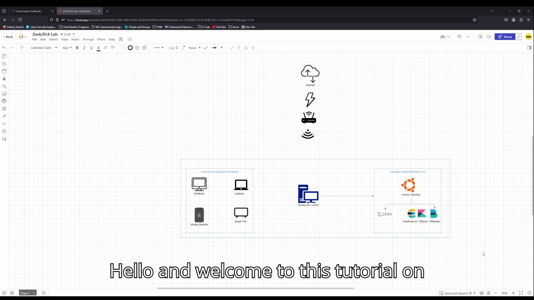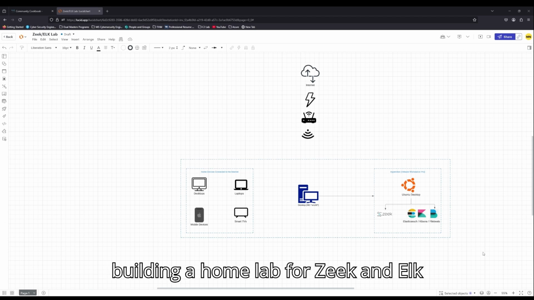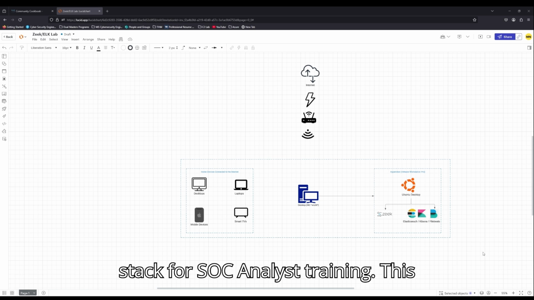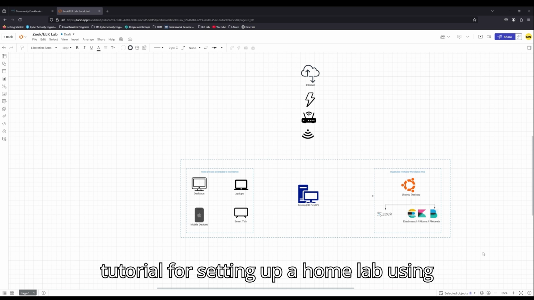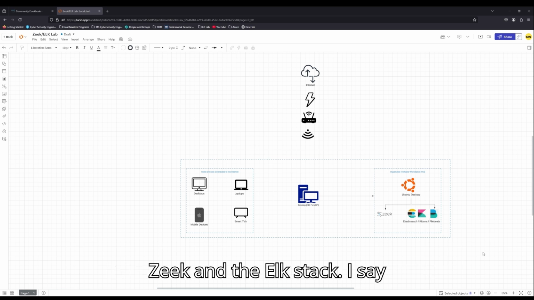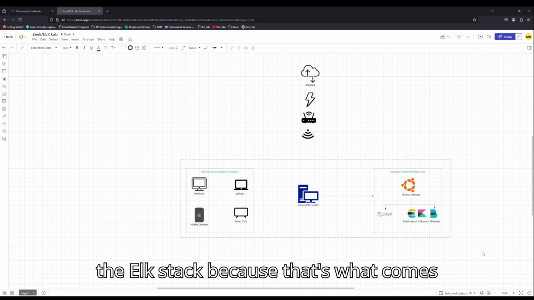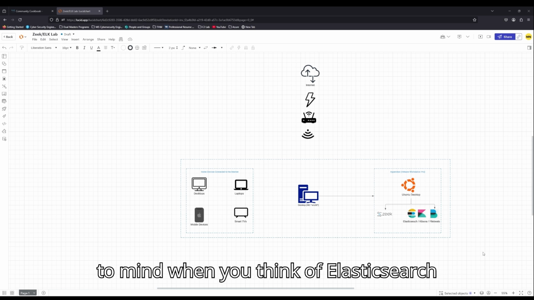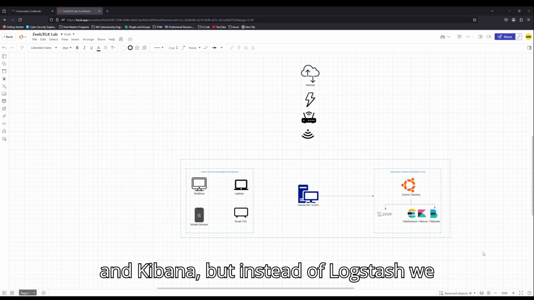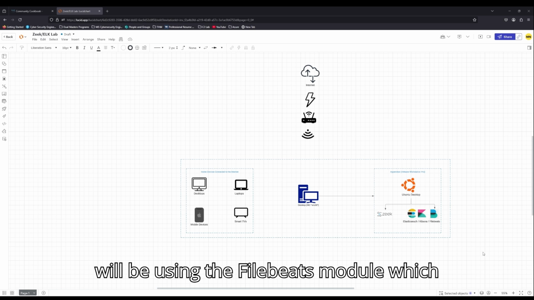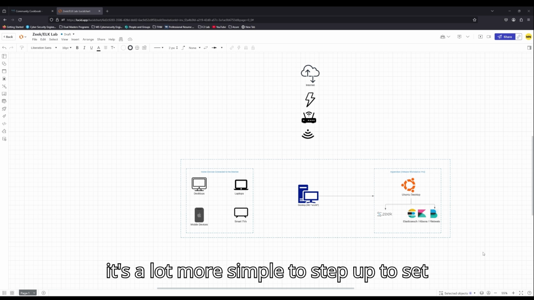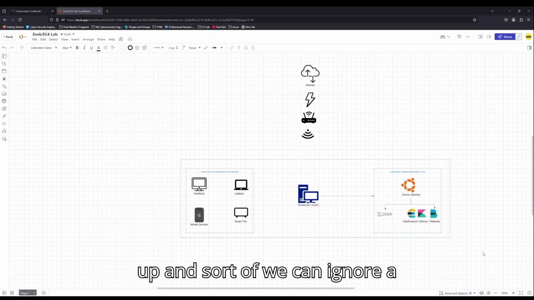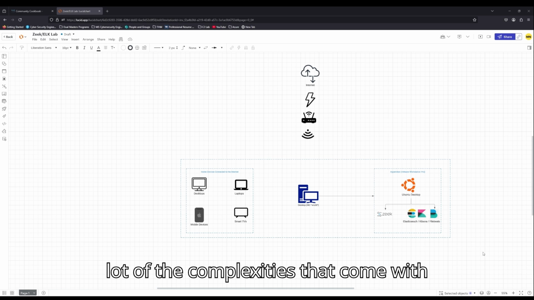Hello, and welcome to this tutorial on building a home lab for Zeek and ELK Stack for SOC Analyst training. This guide will provide a step-by-step tutorial for setting up a home lab using Zeek and the ELK Stack. I say the ELK Stack because that's what comes to mind when you think of Elasticsearch and Kibana, but instead of Logstash, we will be using the Filebeat module, which is a lightweight module, and it's a lot more simple to set up, and we can ignore a lot of the complexities that come with Logstash